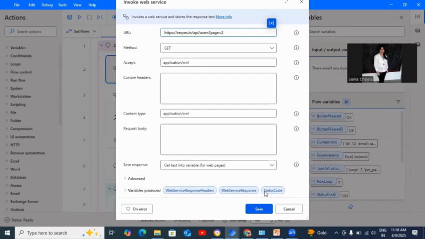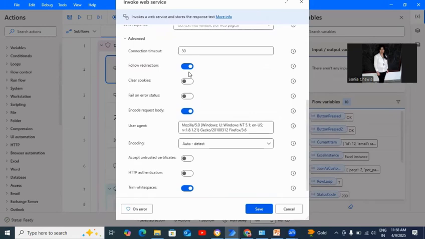Currently, if it is 200, we have successfully run this API and gotten the data. In the advanced part, these are the default values of this activity: connection timeout, follow redirection, clear cookies, fail on error status code, request body. You need not change anything here; it just remains the same as it is.